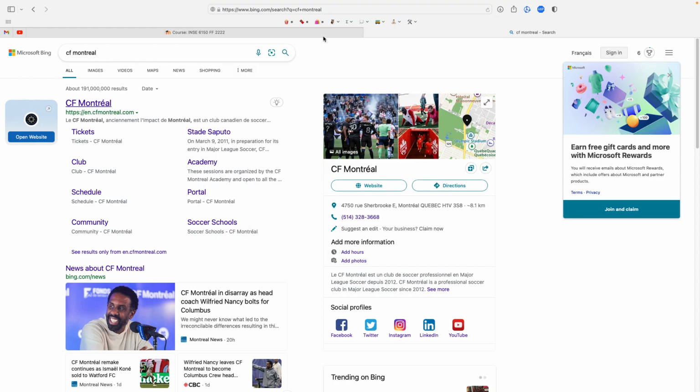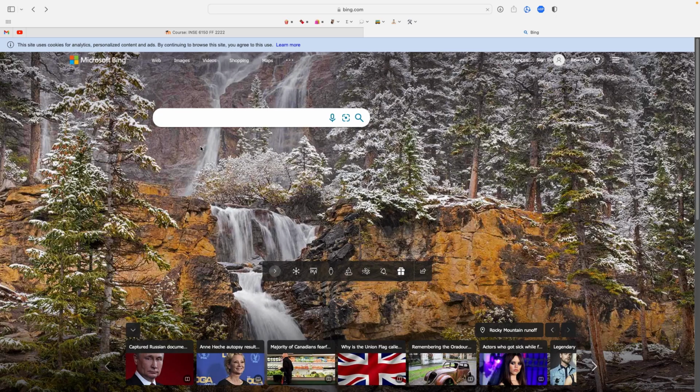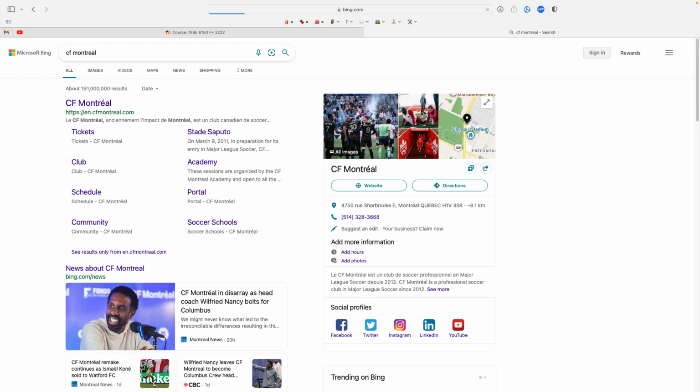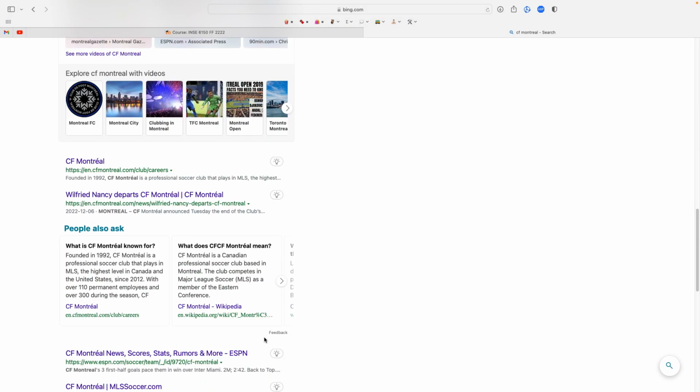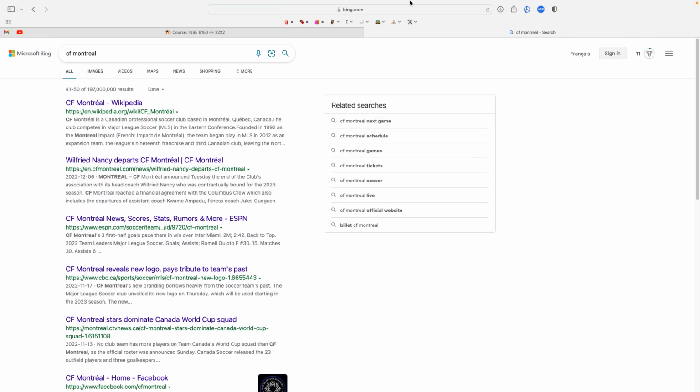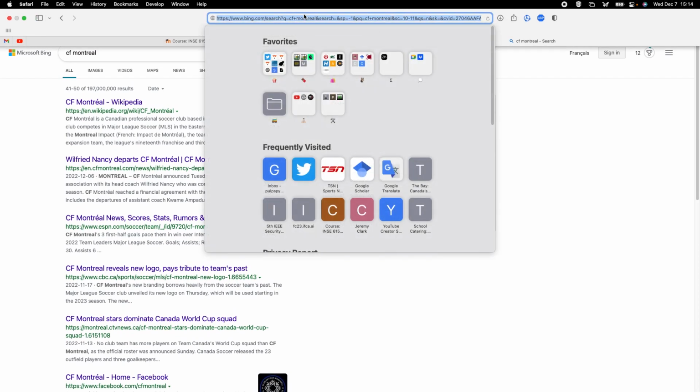But anyways, what happened is when I typed CF Montreal here and pressed search, it didn't post that information. What it did is it created, using JavaScript, a URL with that search term in the URL, and then it just requested it. Okay. Now, let's say I go to, I don't know, page 5 here of the search results, right?